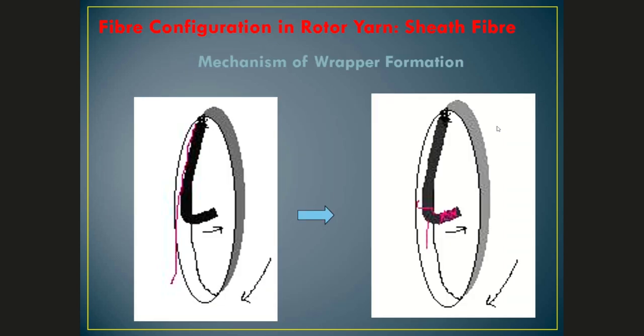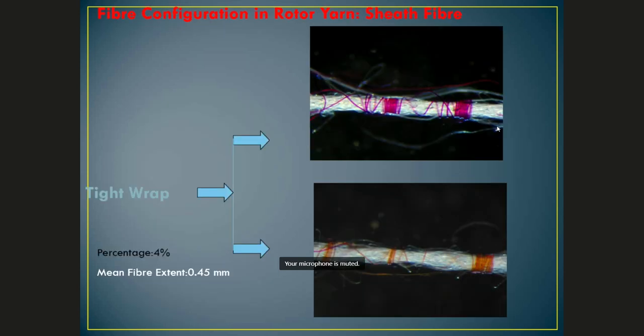Okay, so this is the same thing that it is explaining, that you see how the wrapper formation is taking place in the yarn, because this part is being taken in the middle portion. The portion which was lying in the transport tube is definitely going to affect or form the wrapper formation. So this is the point which I tried to explain. So this is wrapper formation.